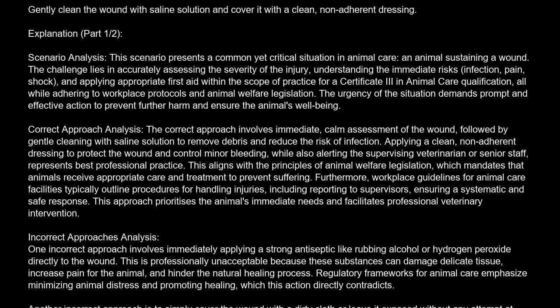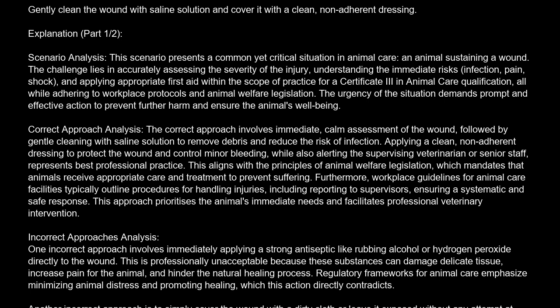The correct answer is D. Gently clean the wound with saline solution and cover it with a clean, non-adherent dressing. Explanation. Scenario analysis. This scenario presents a common yet critical situation in animal care, an animal sustaining a wound. The challenge lies in accurately assessing the severity of the injury, understanding the immediate risks, infection, pain, shock, and applying